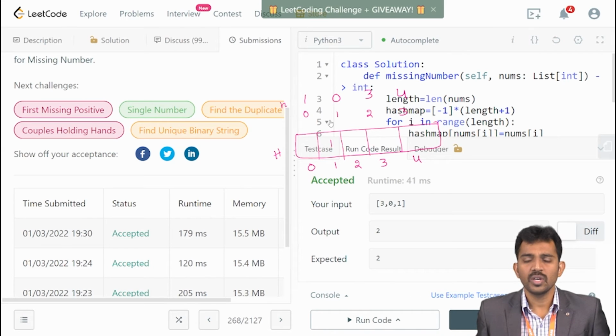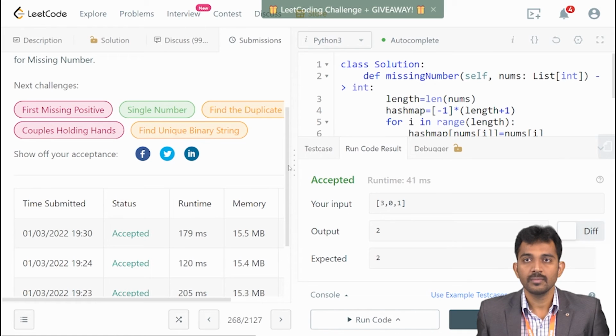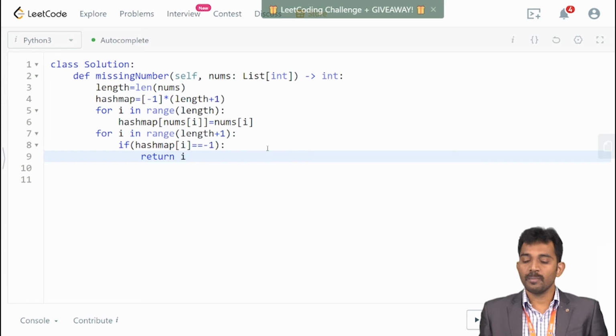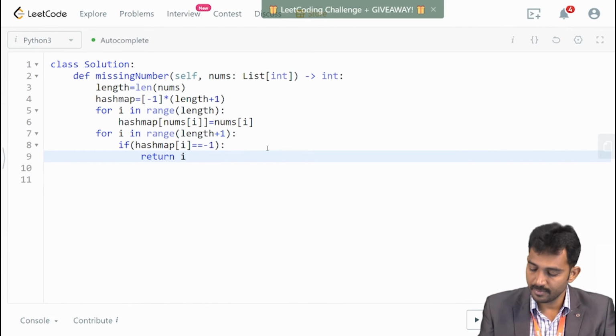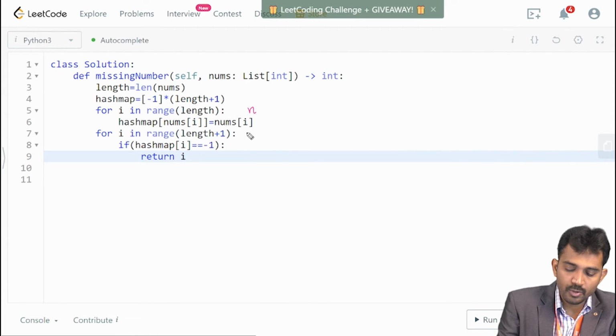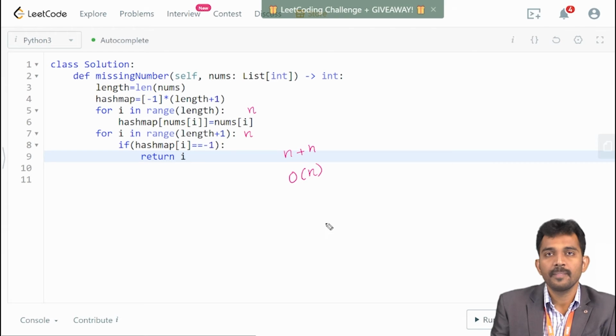Now see, what is the time complexity of this program? Here for this loop you require n time, and for this loop you require n time, right? n plus n, and the time complexity goes to n only.